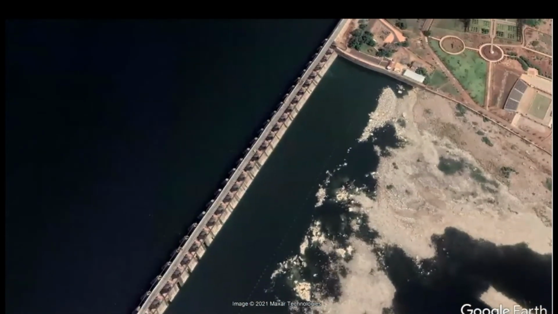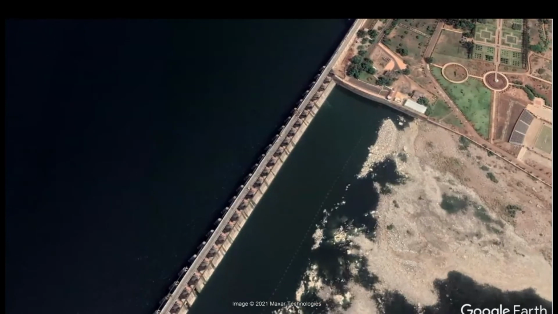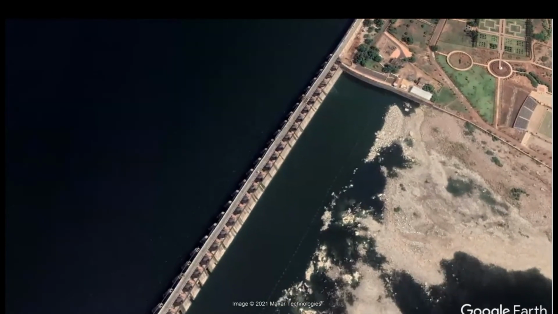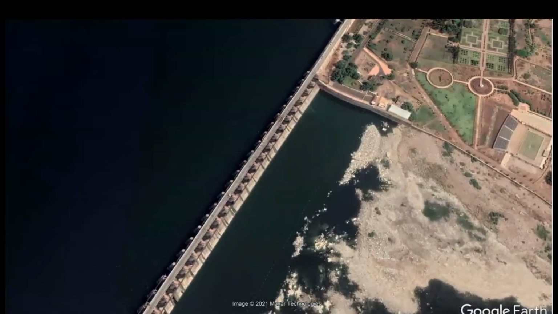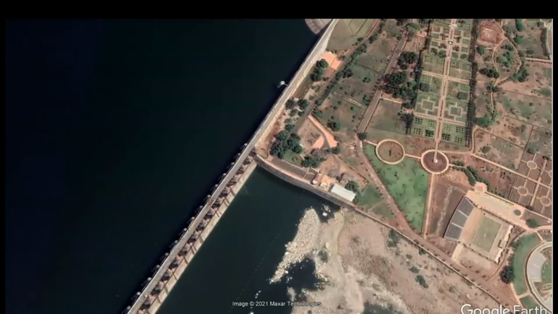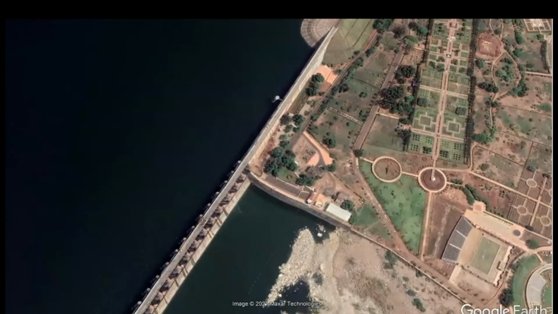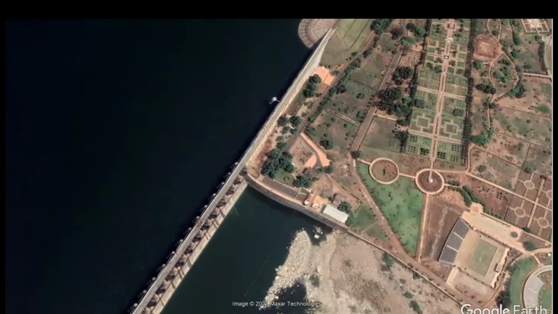You can see in the figure that this portion doesn't have any opening. As you can see in the other part, from here to here, there are several gates. If I open these gates, the water will flow through the body of the dam. There is an opening made through the body of the dam, and the water will start flowing through it. But that is not the case in this small length.